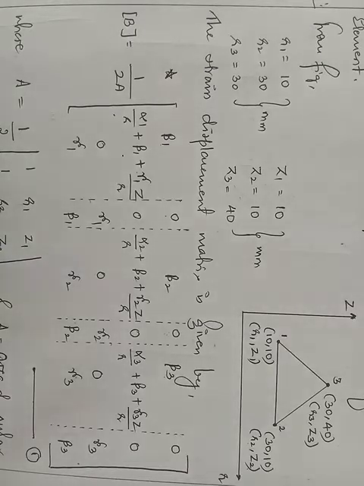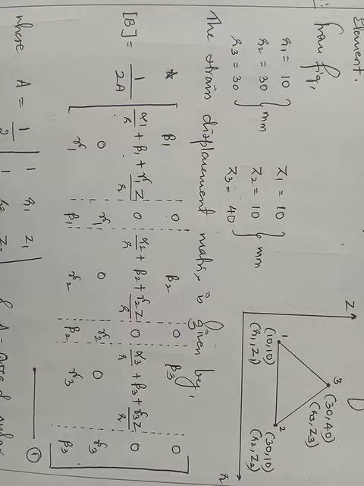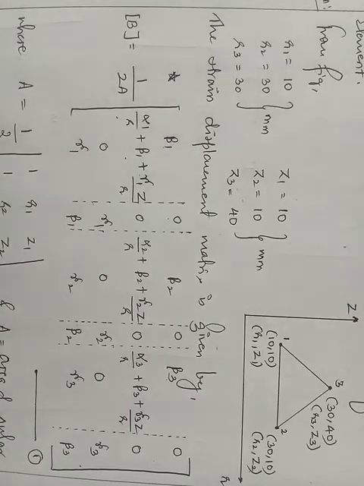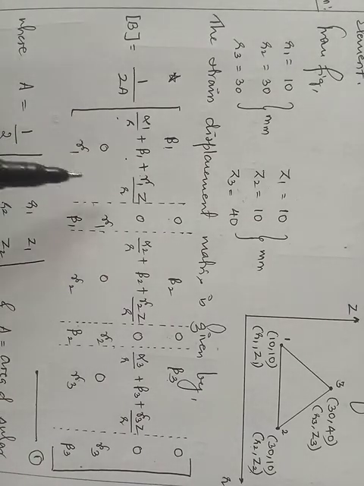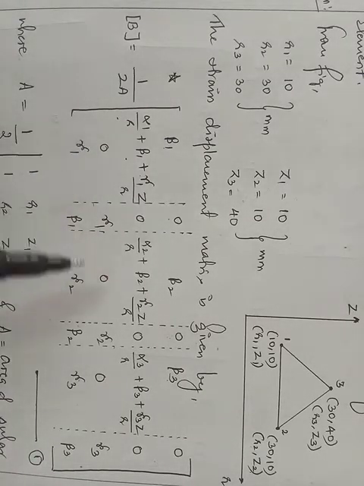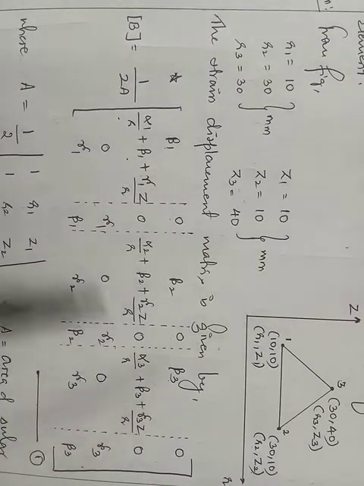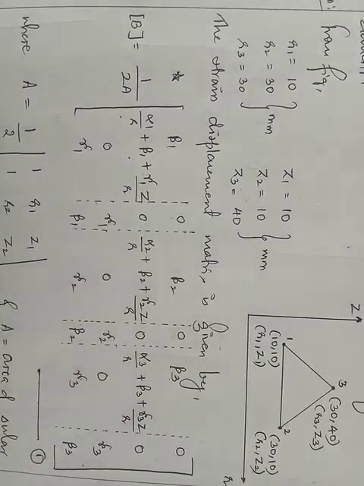In the first row and second row, the second, fourth and sixth elements are by default 0. You can just check, second, fourth, sixth are by default 0. In the third row, 1, 3, 5 are by default 0. So in the first row remaining are beta 1, beta 2, beta 3, and in the third row remaining are gamma 1, gamma 2, gamma 3.